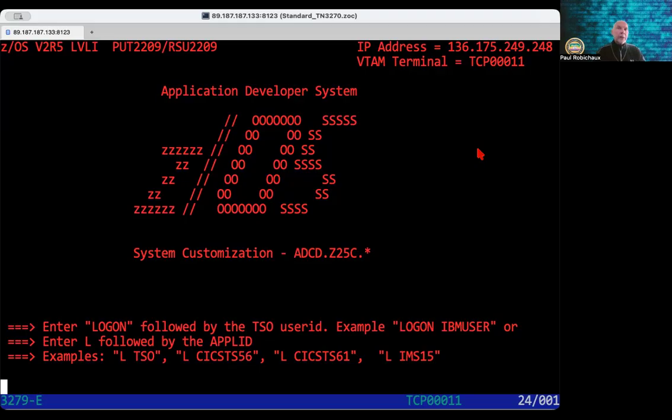What's unique about zTuneUp AI is that its primary focus is the process of upgrading from one release of ZOS